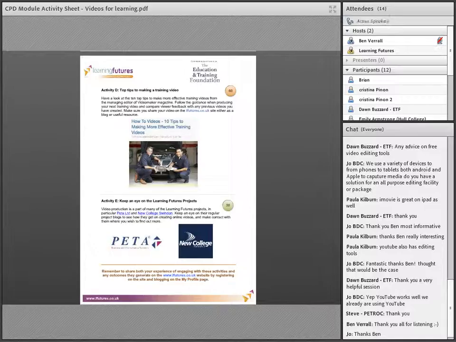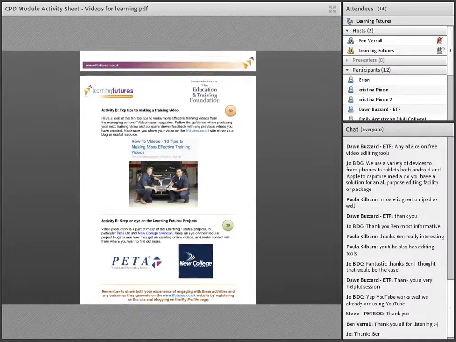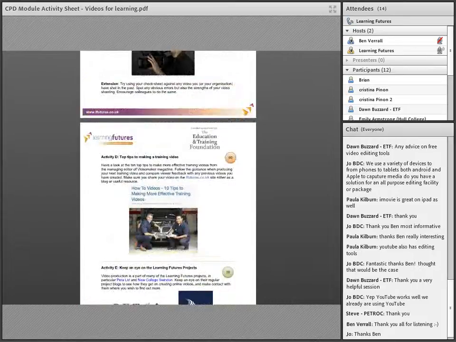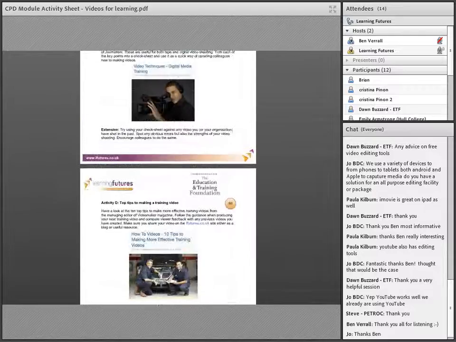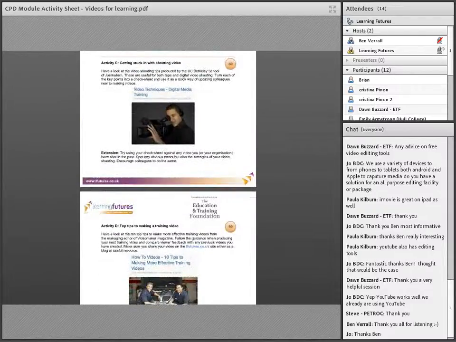So as I say, the idea of the CPD activity that you've got is not really to start with activity A and work your way through, but just to pick and choose the areas that you feel are most helpful. Now, if you do find something there that's useful, something of the online research or the CPD activities, we'd ask you to go onto the Learning Futures site and either just pop a quick blog in there once you're registered as a member, or use the useful resources section and upload anything that you've created. So if you were to create a checklist, anything like that at all, we'd love to hear how you've got on with it, what's worked, if there's been any stumbling blocks, and every now and again, if you've got questions, then we'll make sure that we get answers back to any questions there as well.